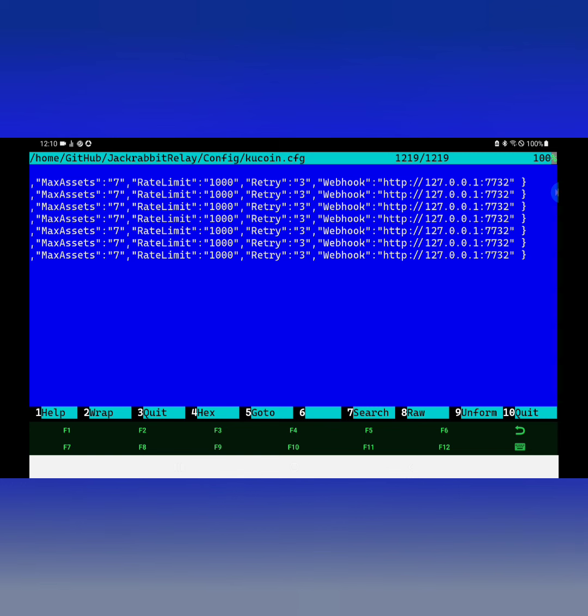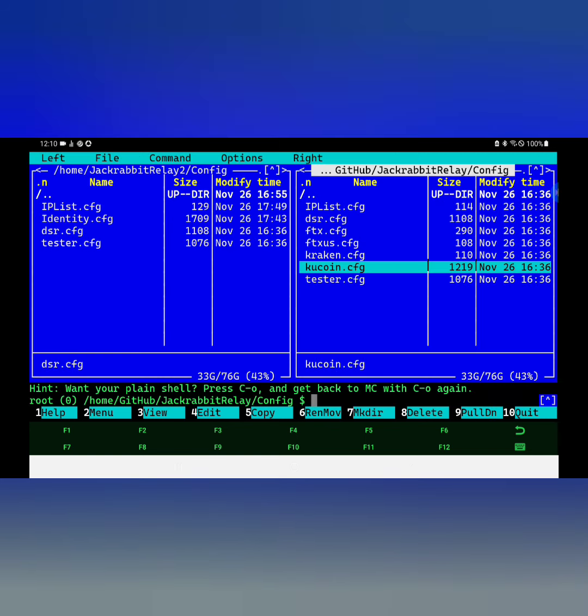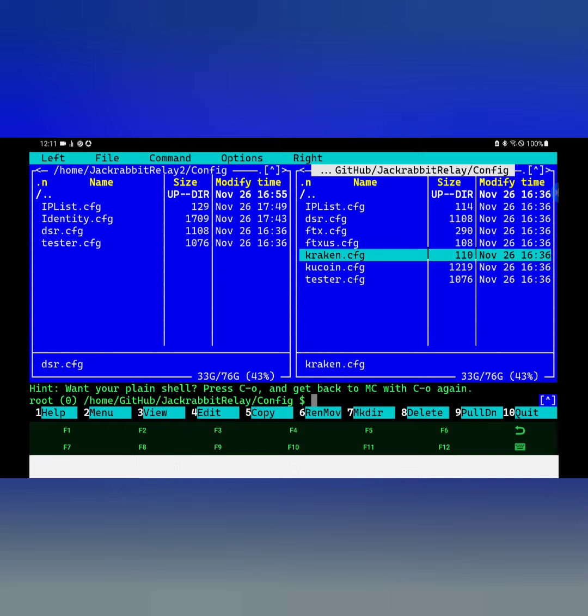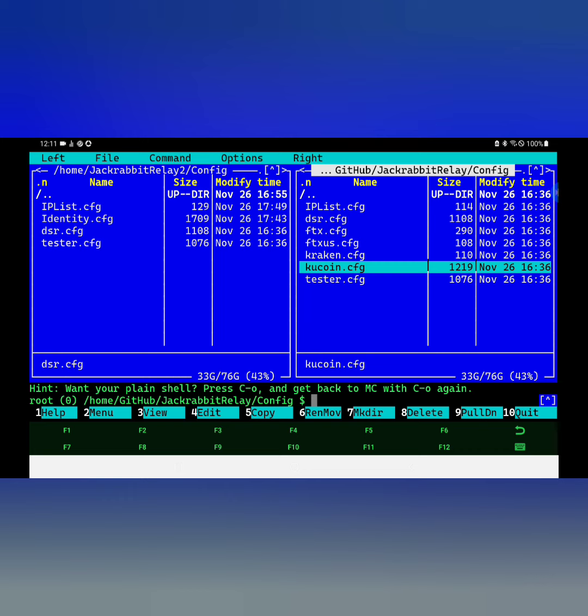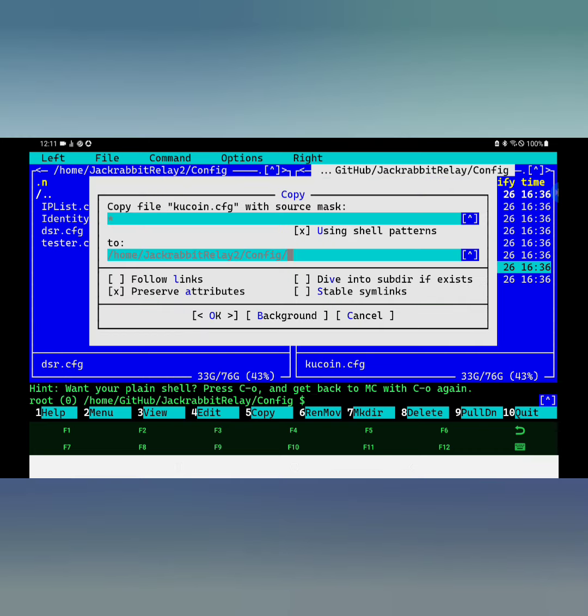So now that we have seen the examples, we're going to copy one of these files to our working directory, and we will use that as the blueprint for our working directory. So let's copy the KuCoin file, and we're going to modify it. Now I can rename it here, but I'm going to do that separately. So here we're just going to copy it,